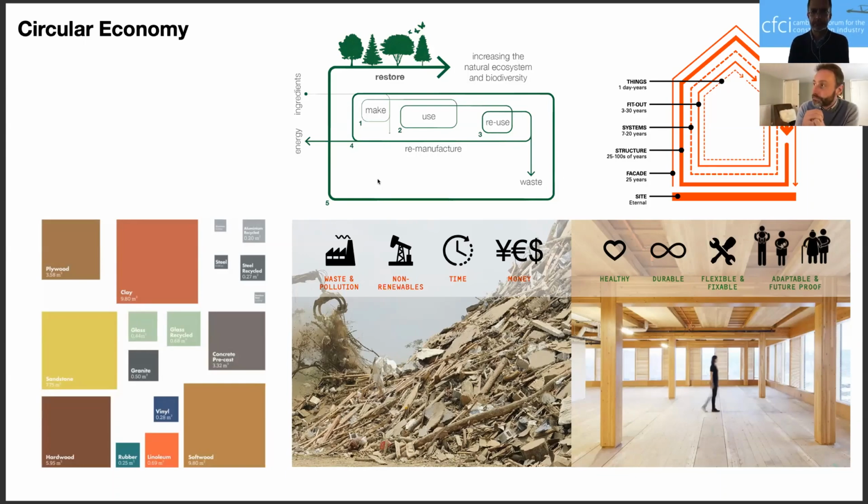And I think this is really quite key: embracing the circular economy and really thinking from the outset about how we can modify the buildings in the future to make it easier and less wasteful. At the moment, for example, 13% of construction materials end up in the skip even before completion. So on the lower left here is just a very simple square diagram of different materials and how much material you can produce before reaching 1 ton of carbon.